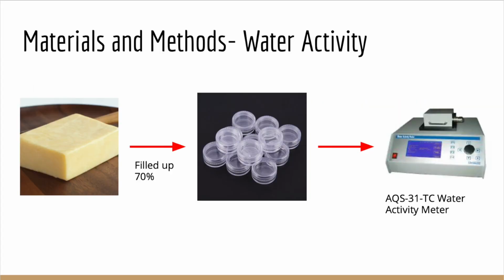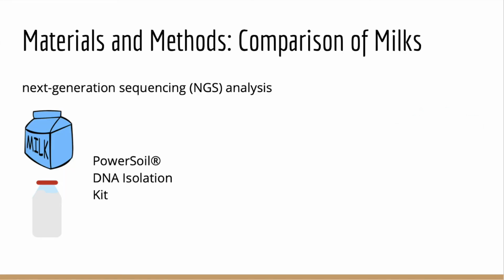On the same days as the microbial analysis, water activity was also taken. These sample containers were filled up 70% of the way with the cheese samples, and the AQS31TC water activity meter was used for analysis. Next, to find and compare the microbiota of the raw and the pasteurized milk, next-generation sequencing